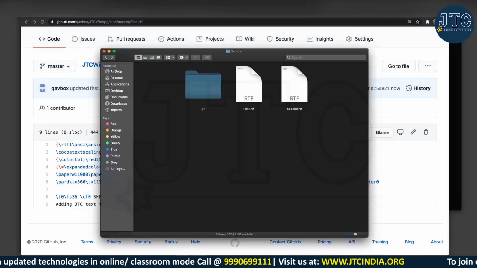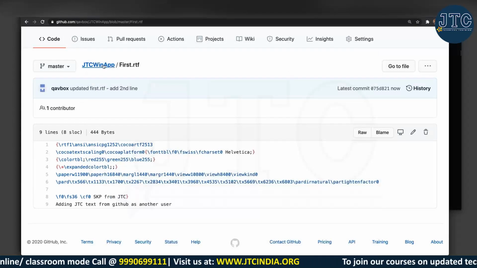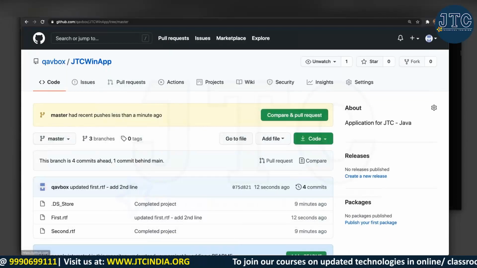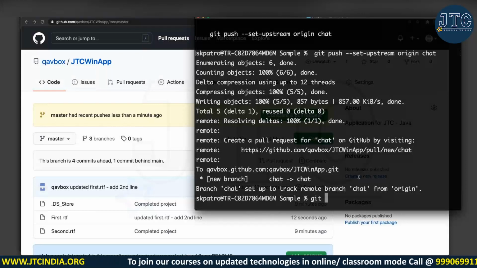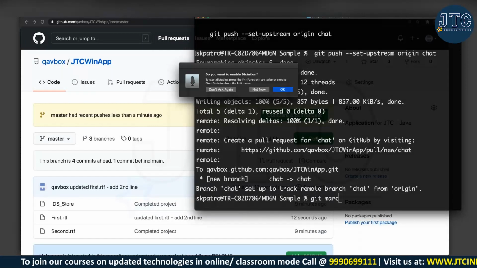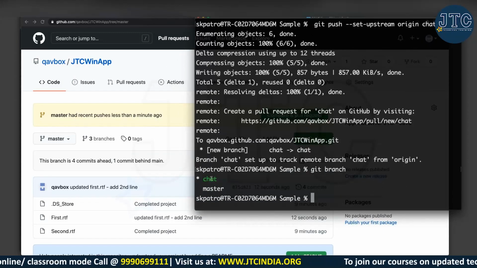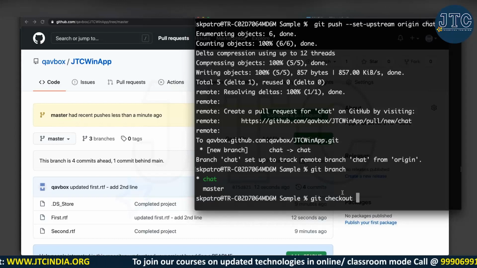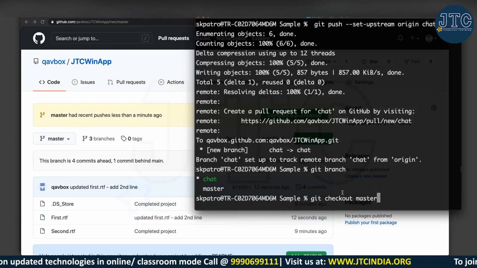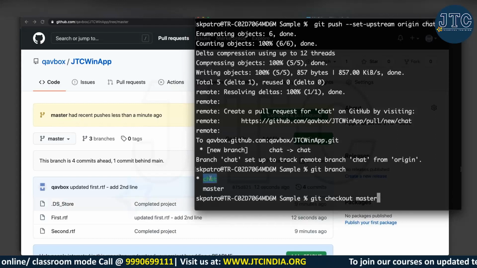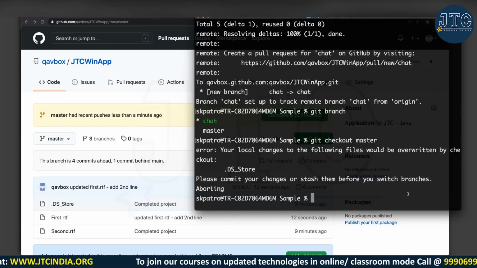Now if you see here, which branch did I do this on? Let me go here, master branch, right? Now let me also make sure which branch I'm on. Oops, sorry, git branch. Okay, you can see I am in chart branch only. Now what I will do, git checkout and then I will say master. Because whenever I'm pushing this chart branch and then making a pull request, I should not be using this chart branch because I have completed that one. Now git checkout master.